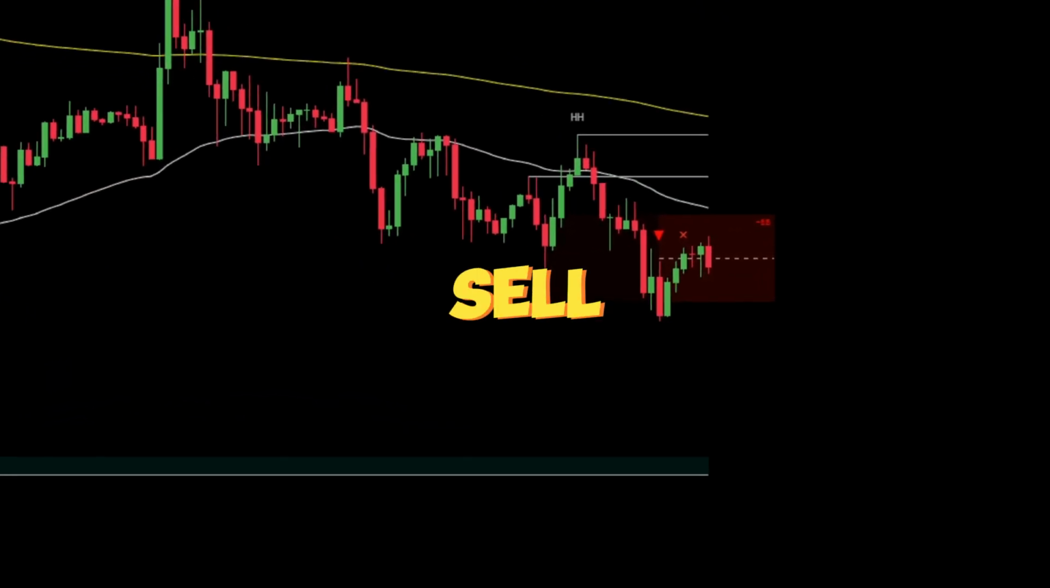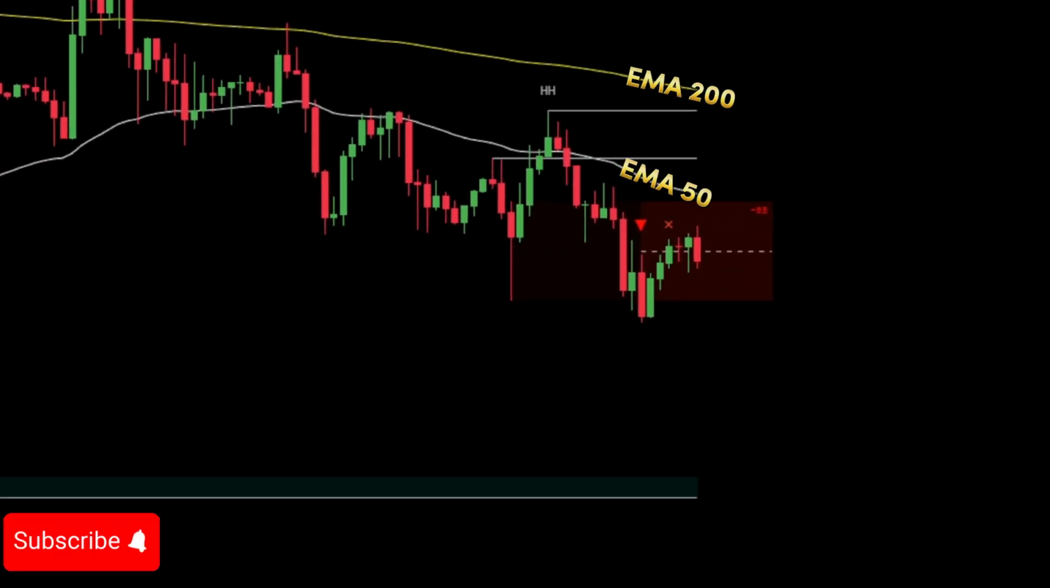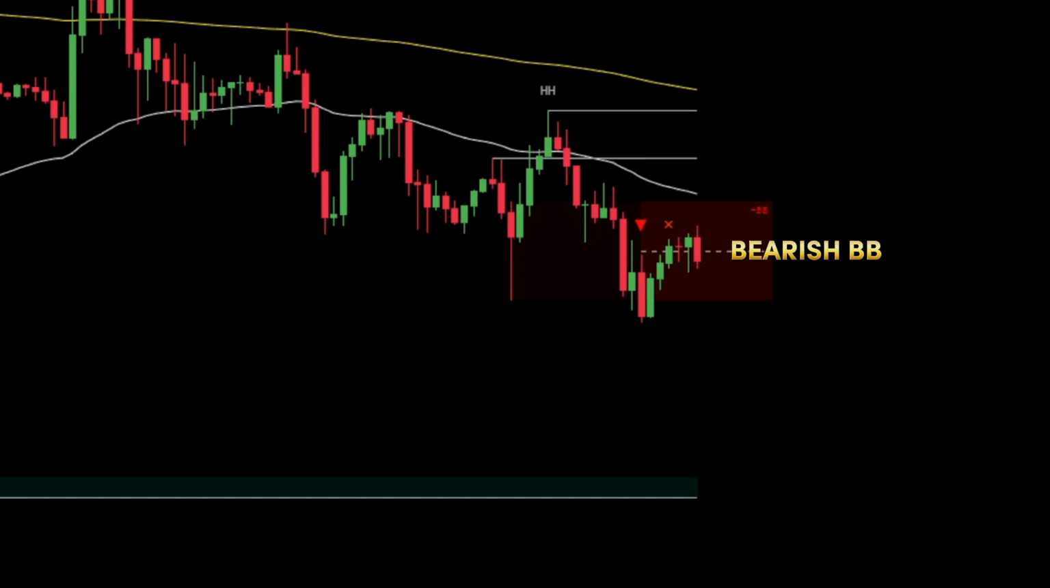How to place a sell order. If EMA 50 crosses below or is below EMA 200, it indicates a bearish trend. In this scenario, your main focus should be finding the best point to place a sell order. Wait until the breaker blocks with signals indicator shows a bearish breaker block area. Once the indicator confirms a bearish breaker block area, wait for the price candlestick to retest the bearish breaker block